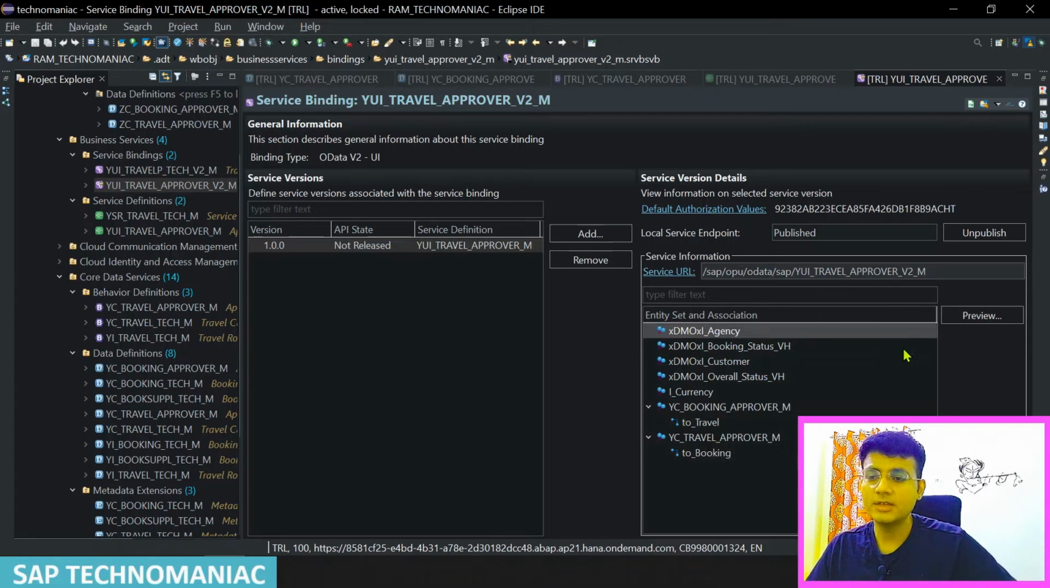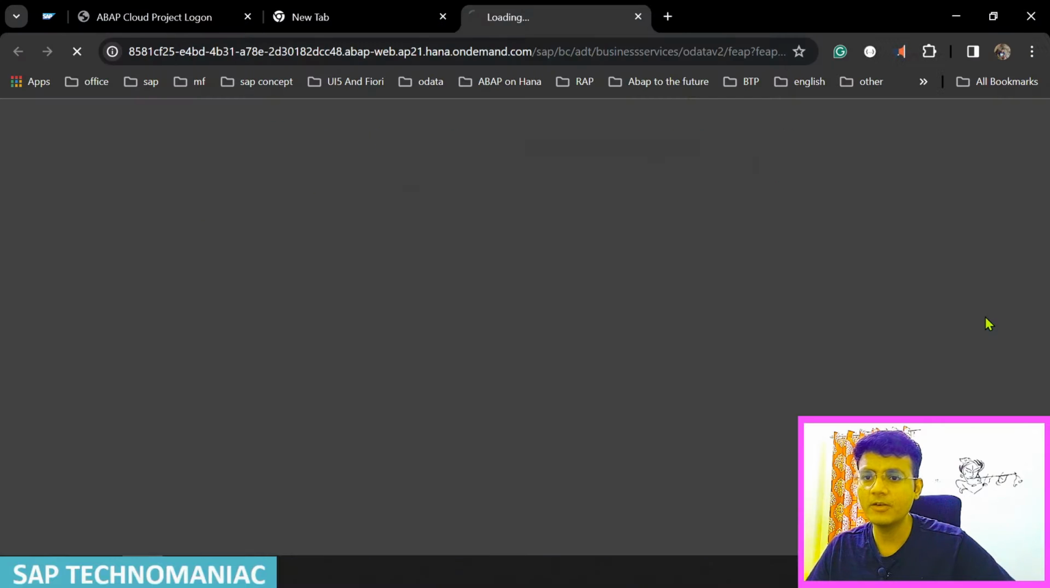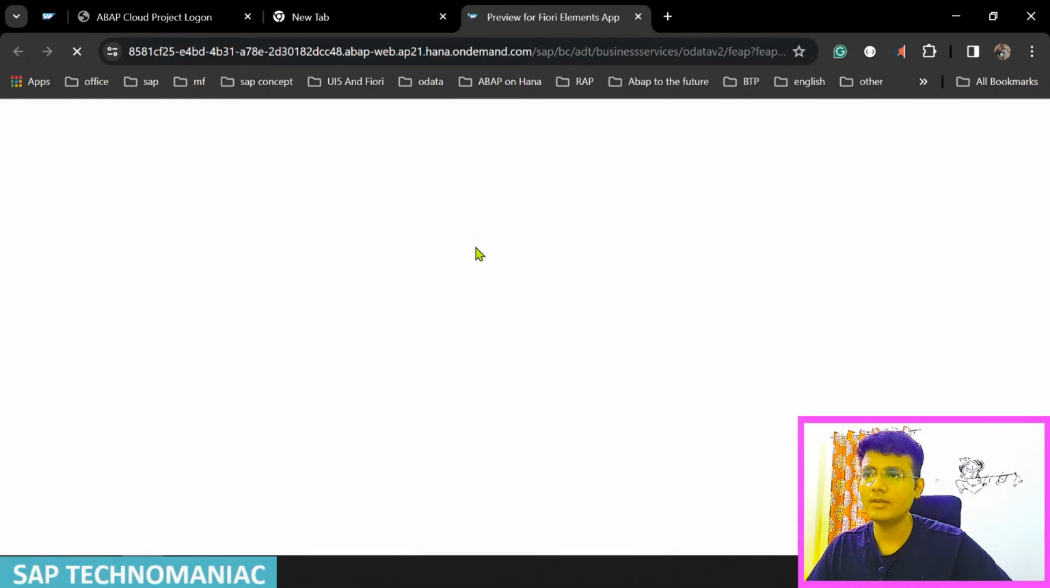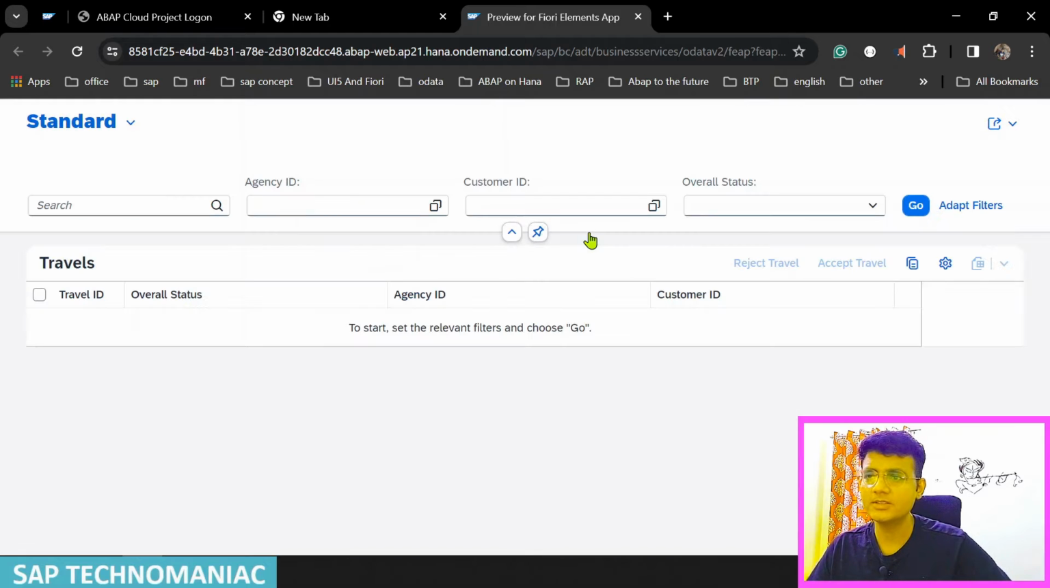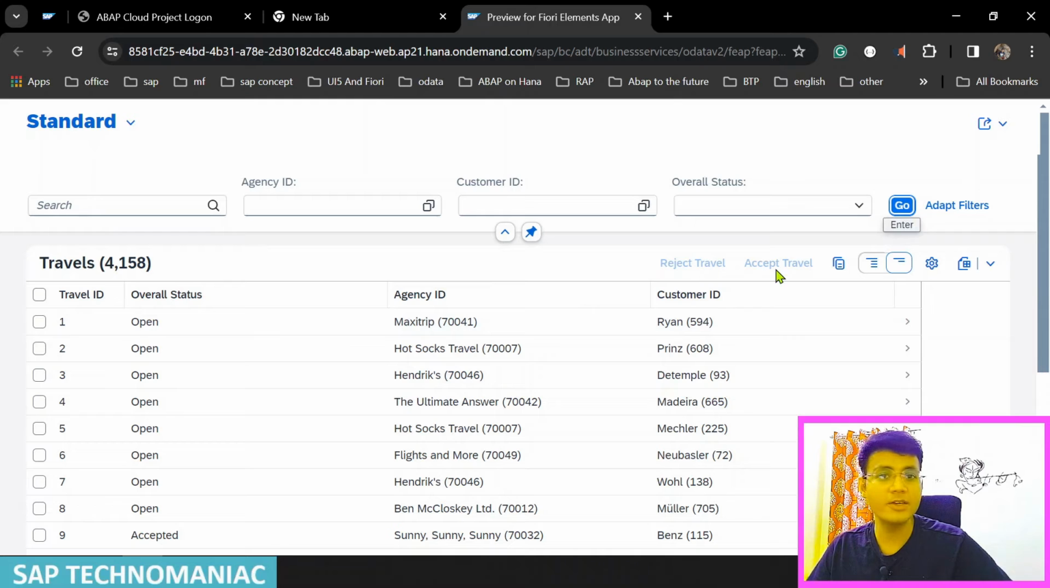So it is published successfully. Let me select my travel and quickly click on the preview button to preview the application. If you didn't log in, it will ask for the login user ID and password. I already logged in to my Eclipse. Click on the Go button. So you can see we don't have create and delete options like we had for